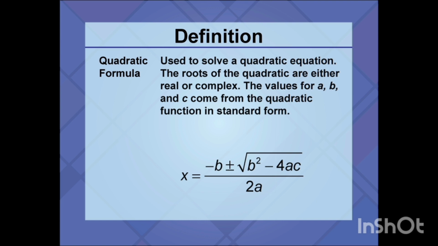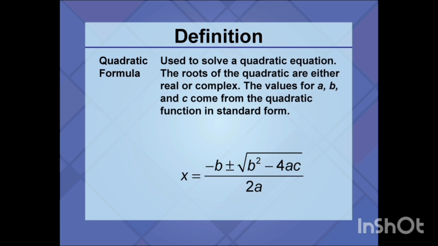So here is a quadratic formula. With that we can find the roots easily: x equals to minus b plus minus root over b square minus 4ac by 2a. Okay, where we know that a, b, c are all real numbers and x is a variable here. Here b square minus 4ac is called the discriminant, and if b square minus 4ac is greater than 0, then we can say that